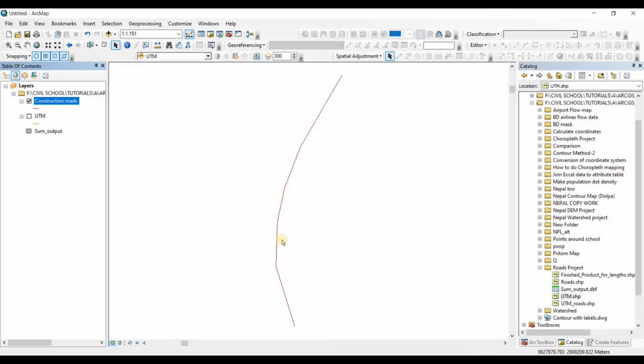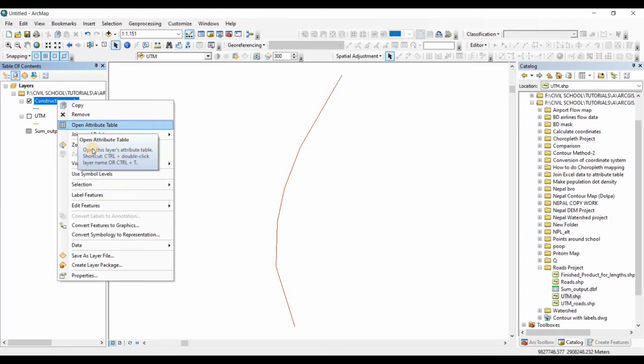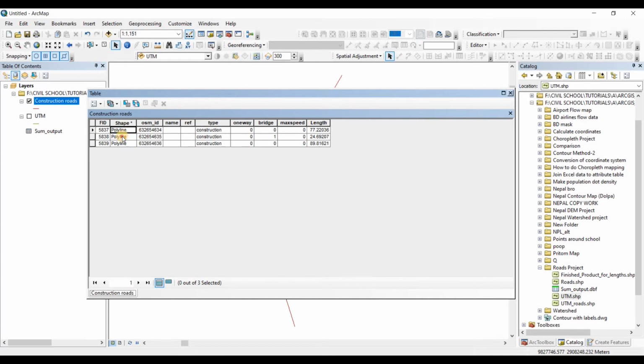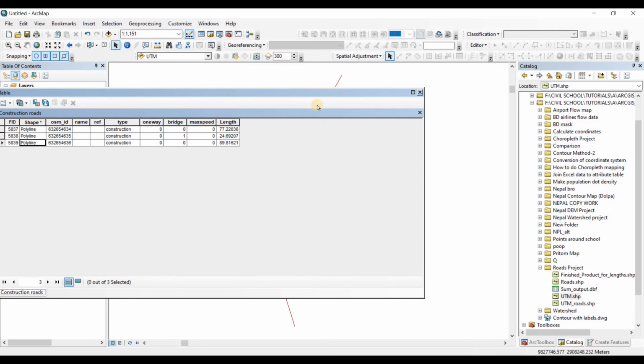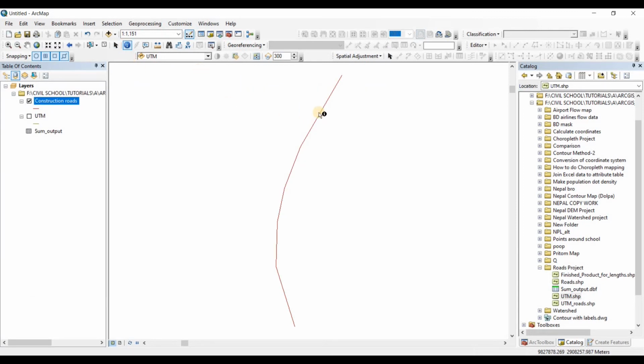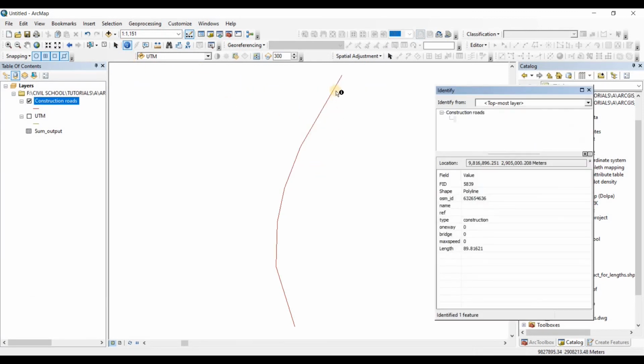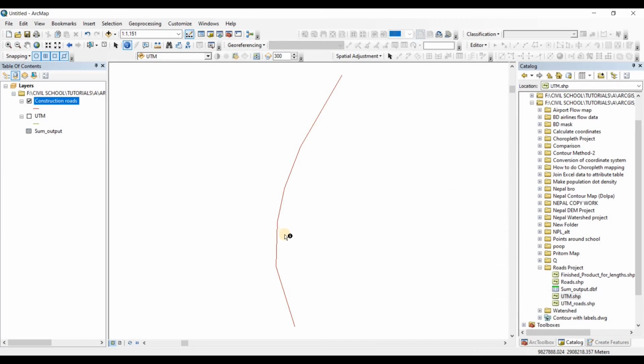We have a single road here. I think these are the 3 roads. If I open the attributes table, yes, polyline 1, polyline 2, polyline 3. Okay, so we do an individual click. Here we go, so this is road 1. I'm guessing this is road 2, and this is road 3, but all these 3 roads are actually creating a